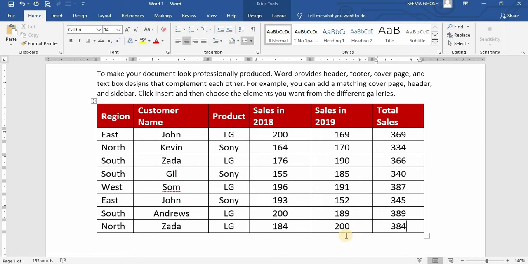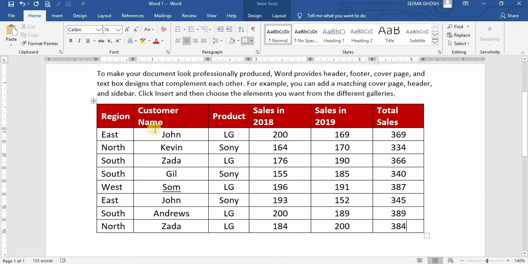Now one more thing I want to show you: few people have a problem adjusting the table. So how can you do that? That is also a very simple technique. Since I'm going through this topic, let me also give you some important tips on how you can adjust your table in the Word document. As of now, we don't see any problem in adjusting the table because it has fitted itself perfectly. But in case there are scenarios where half of the table is populating and half is not,